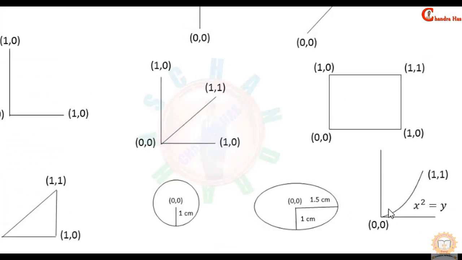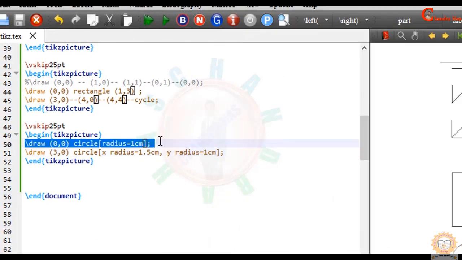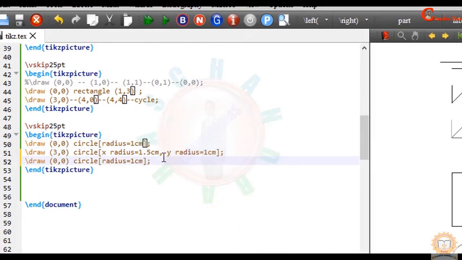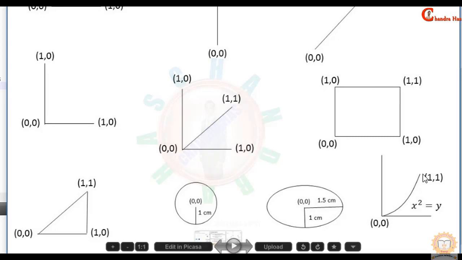Alright, in the last example I want to draw this parabola. Okay, just write here parabola, and in a round bracket just use a passing point. Okay, for drawing this we'll have to draw one line horizontal, one vertical, and then we can draw this one. So overall we'll have to draw this one first, and then we can draw this one.